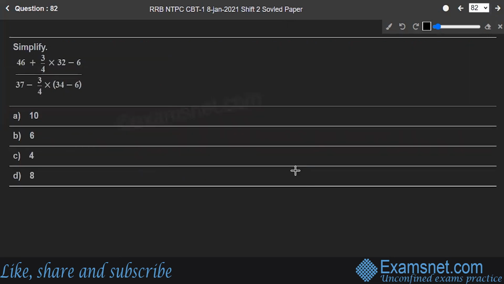Next is question number 82. So again, a mathematical expression with us. Simple. Keep in mind the BODMAS rule. So using that BODMAS rule, we'll solve it. Let's go. First thing is this bracket. So I have to solve this bracket, and in the numerator, I will multiply both of them. So it will be 46 plus 3 multiply